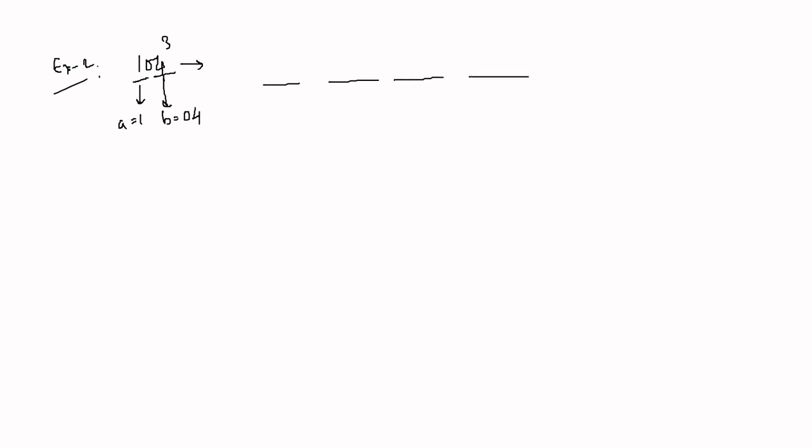So what was the rule for the 4 parts? The first part would be a cube, meaning the cube of 1, that is 1. What was the second part? The second part was ab into 3, that is 1 into 04 into 3, which is 12 already. So the 2-step blank gets filled up. I mean, there is no need to add any 0 or anything because it's already a 2-digit number.